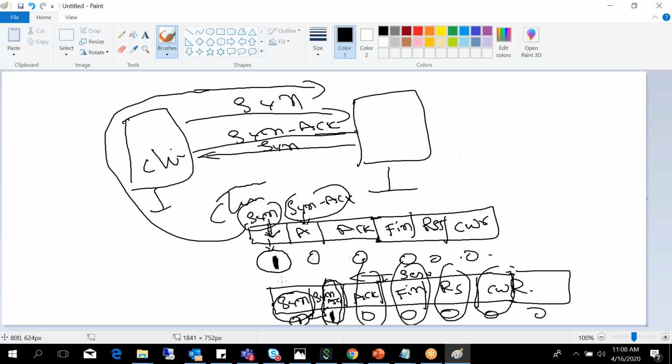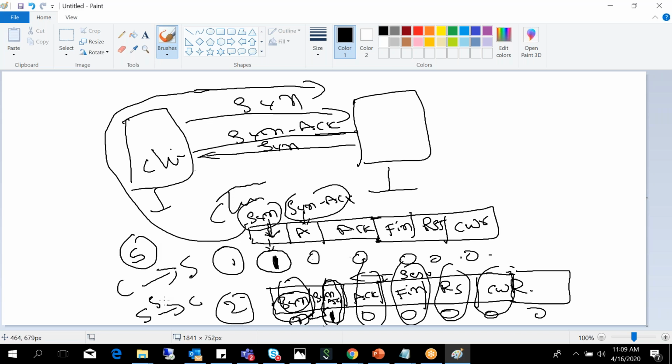Now this is the server synchronization packet, right? The client has to reply to this in the third step. This is the first packet from client to server, the second packet from server to client. Here only the synchronization flag, here SYN-ACK along with the server's own synchronization.